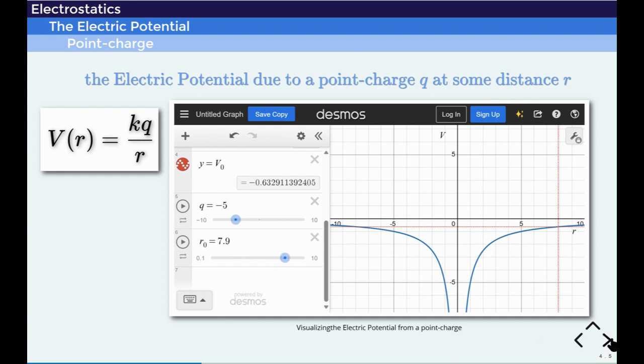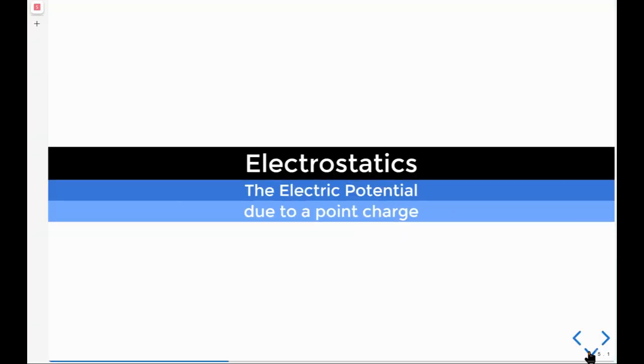So to summarize, the electric potential due to a point